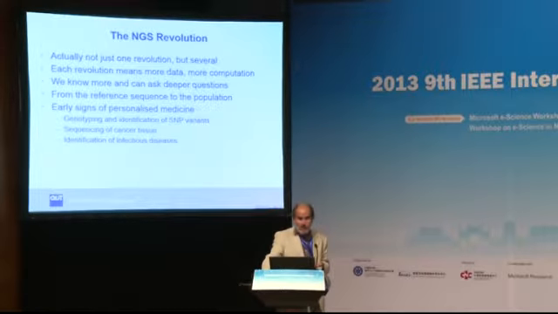And so, as was pointed out before, we're starting to see people moving not just to work based on a small set of sequences, a reference sequence, or a small set of individuals, but rather population studies based upon sequencing of a very, very large number of individuals. So we're starting to see early signs of personalized medicine. Some of the predictions may well have been optimistic, but we're certainly starting to see movement in that direction. And we'll particularly focus here on the notion of genotyping and identification of SNPs based on resequencing